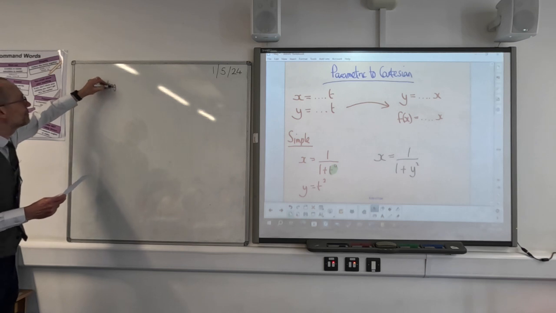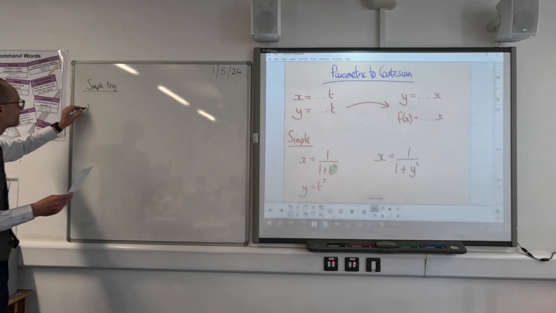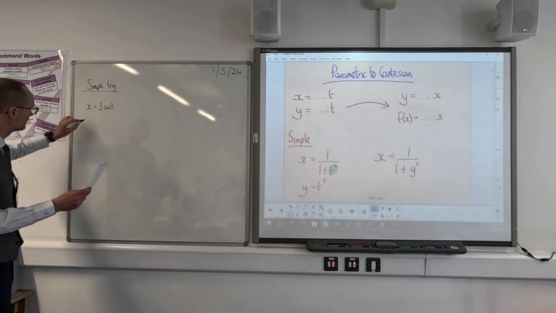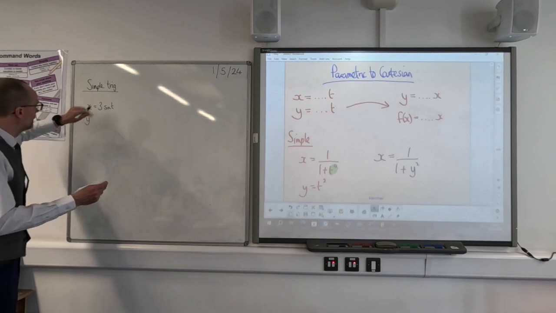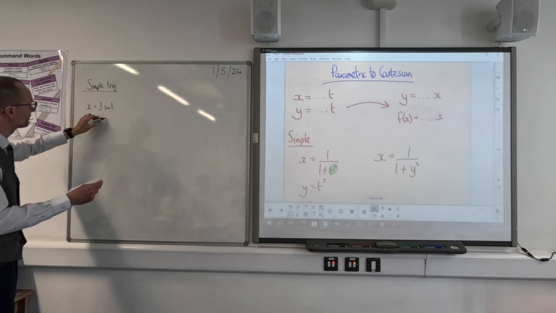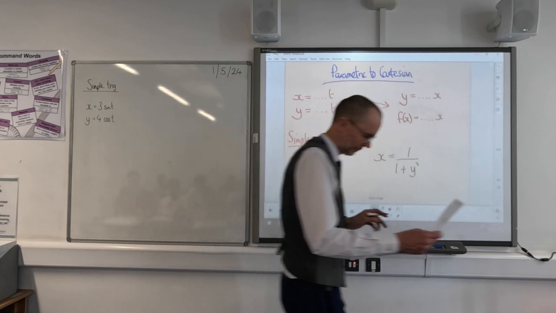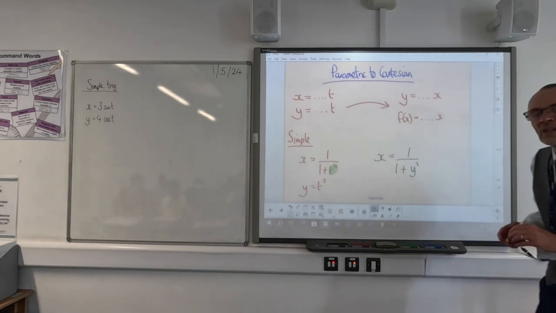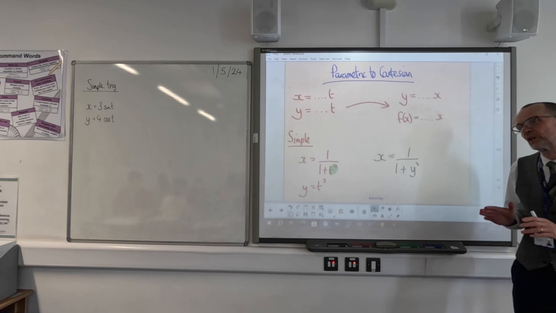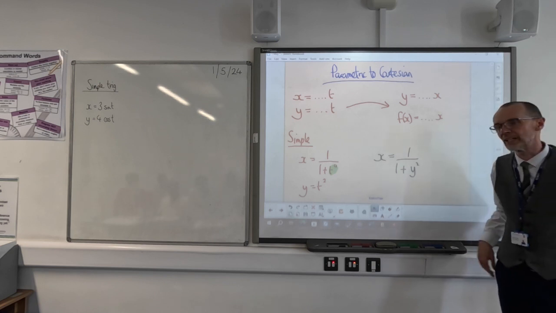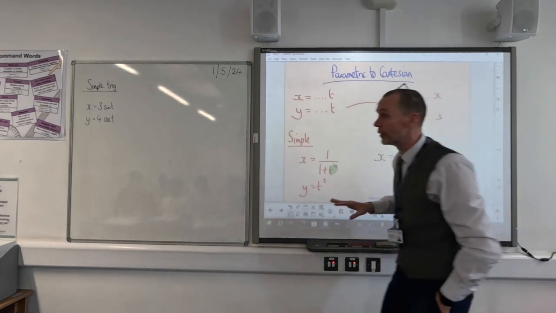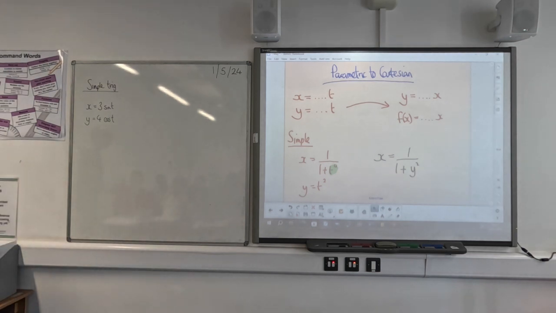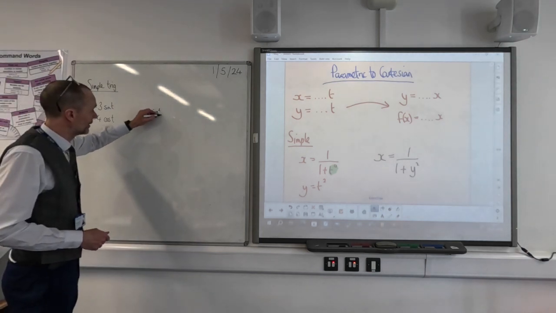So let's look at a simple trig example. So as soon as trig is involved, don't think, right, I'm going to rewrite one equation as t equals and substitute it into the other. Instead, we use identities. So here I've got one equation with sine and one equation with cos. So I just need an identity that involves sine and cos. And it's always going to be, if it's just sine and cos,